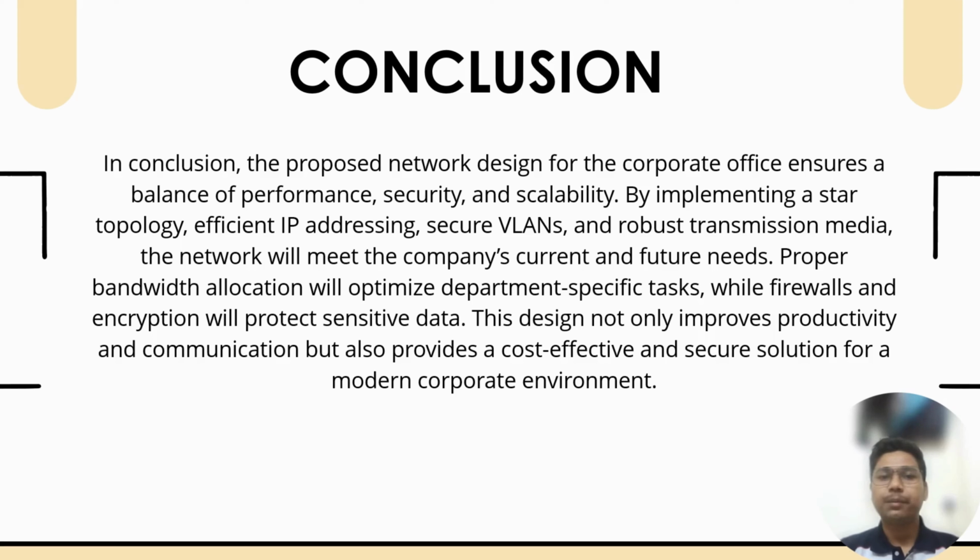Implementing firewalls, VLANs, and encryption protects data and ensures that the network is safe from threats. Third one is collaboration and accessibility. Bandwidth allocation and IP addressing ensure that each department gets the resources they need to perform their role efficiently. Fourth one is social impact. Beyond technical functionality, a robust network fosters better communication, supports remote work, and contributes to sustainability by reducing travel and